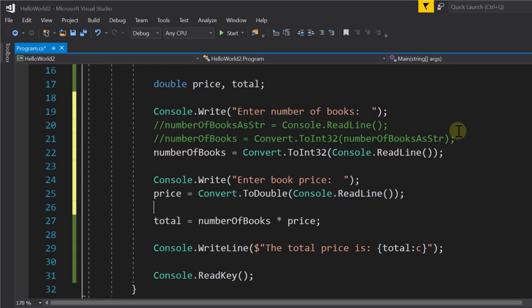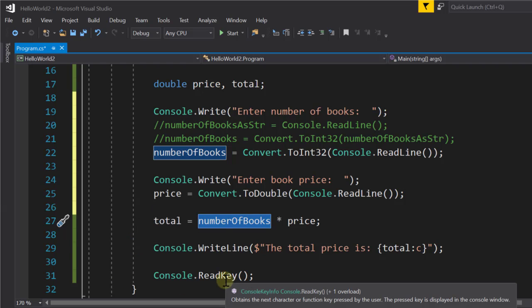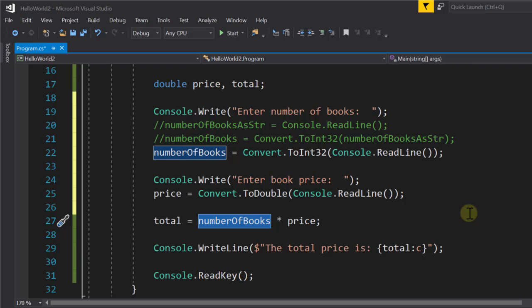Now, when we get down here to do our calculation, price has whatever the user entered, and number of books has whatever the user entered, and we use that to calculate total. Notice we don't get input for total. Total is calculated. There's no prompt, no console.readline for it. It's calculated, and then we print it out down here just like before. So if I run it,